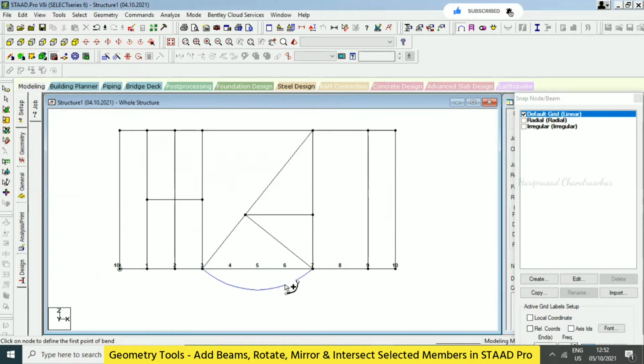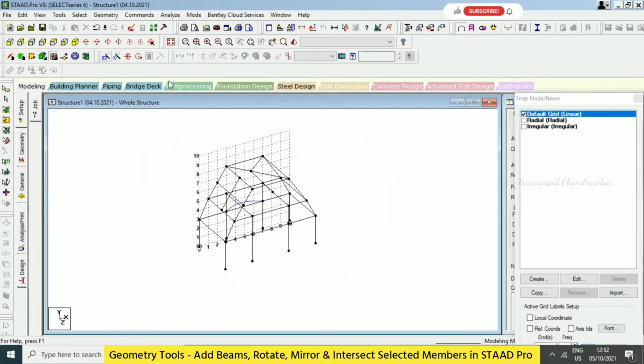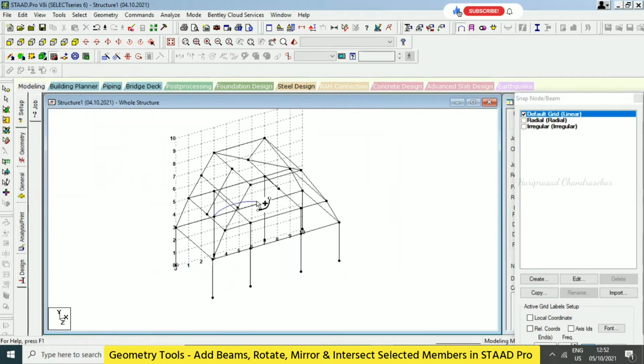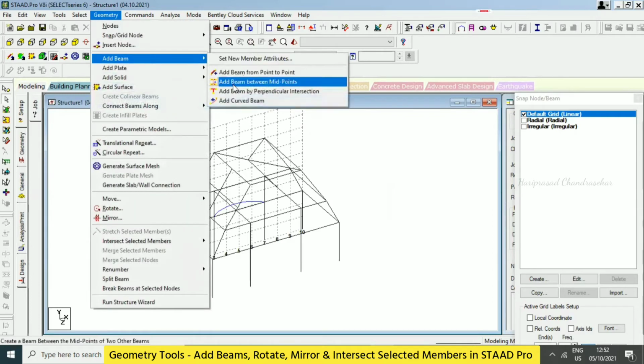Can you able to see now it is coming in top view, before it was coming in a front view? That is the difference. When you are giving 90 degree, it will come in the XZ plane. Otherwise, it will come in the XY plane. Now you know how to draw a beam with all these commands.